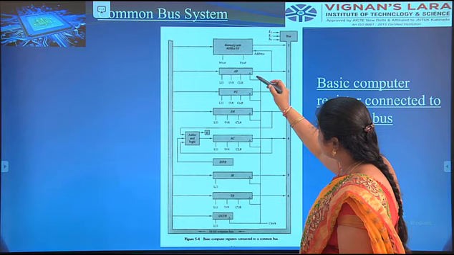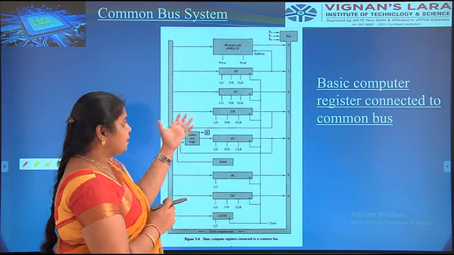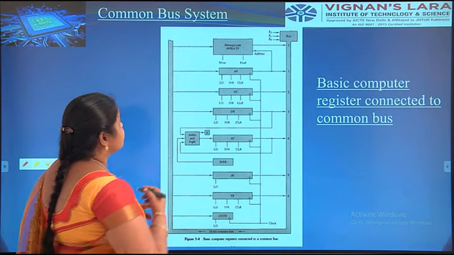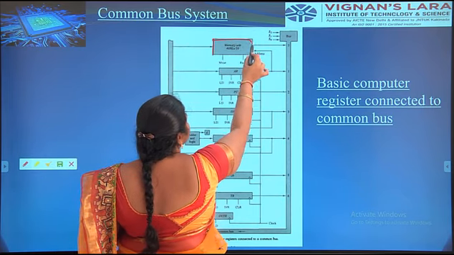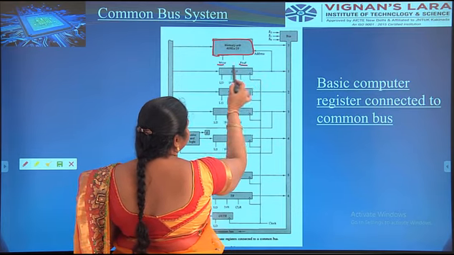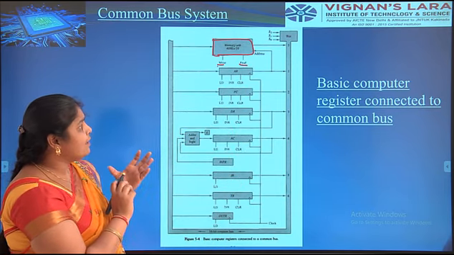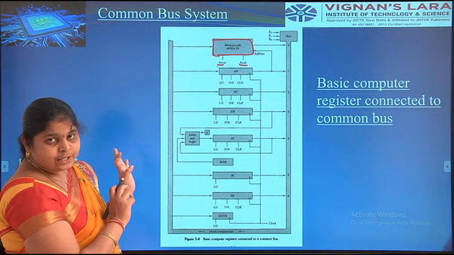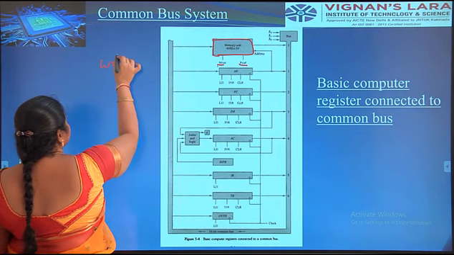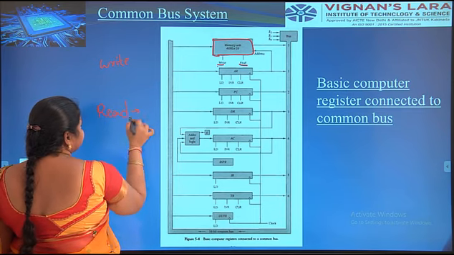The clock is enabled. Whenever the clock is enabled, all the registers get the information from the clock. In this, first of all, you take the memory unit, consisting of 4096 words of 16 bits. Here we have two control inputs, read and write operations. Read means it transfers the information from memory to the register. Write means it transfers the information from register to the memory.